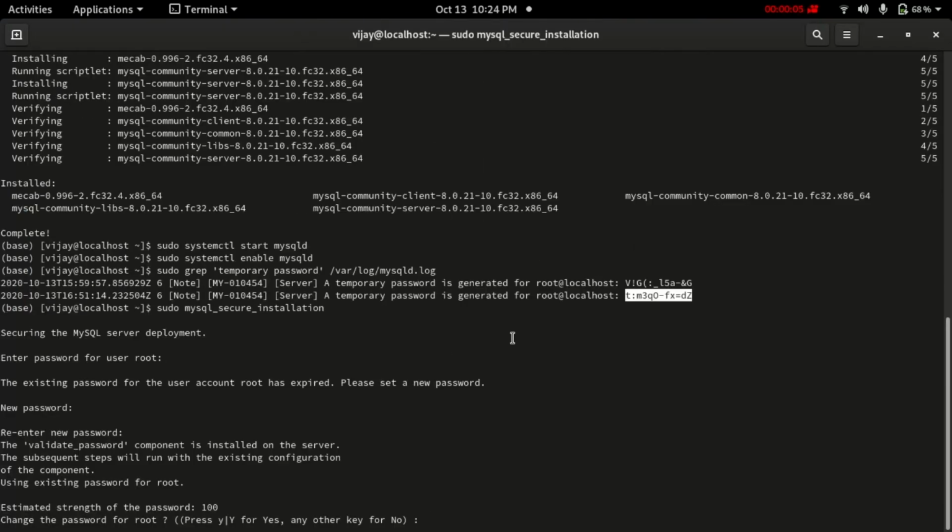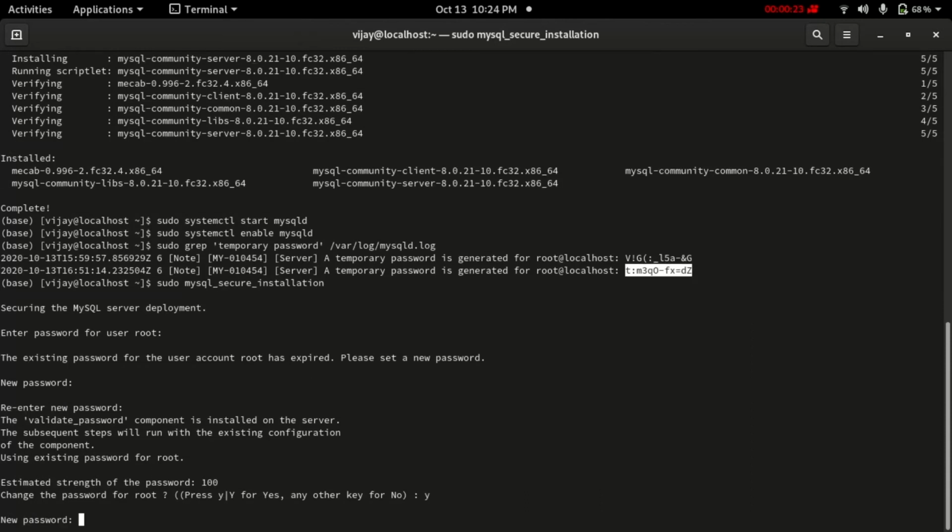Now, after confirming the password, it is asking to change the password for the root. So if you want to change the root password, you can press yes here. So press Y here, confirm your password.